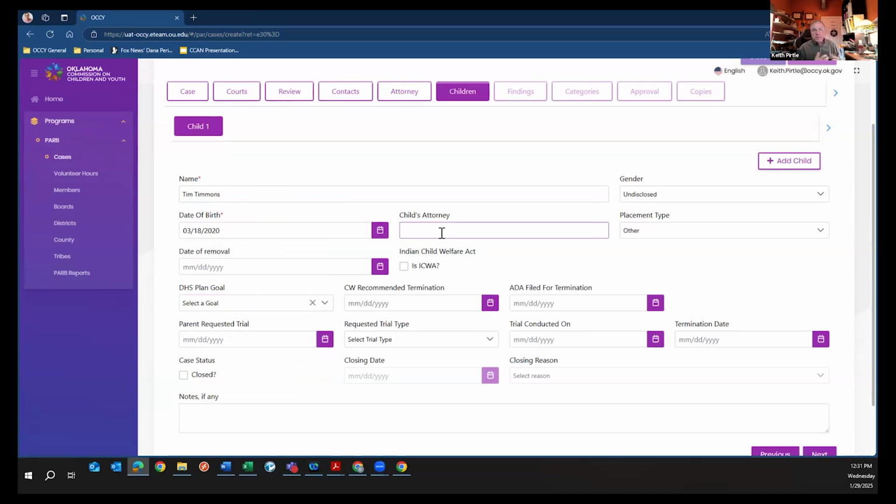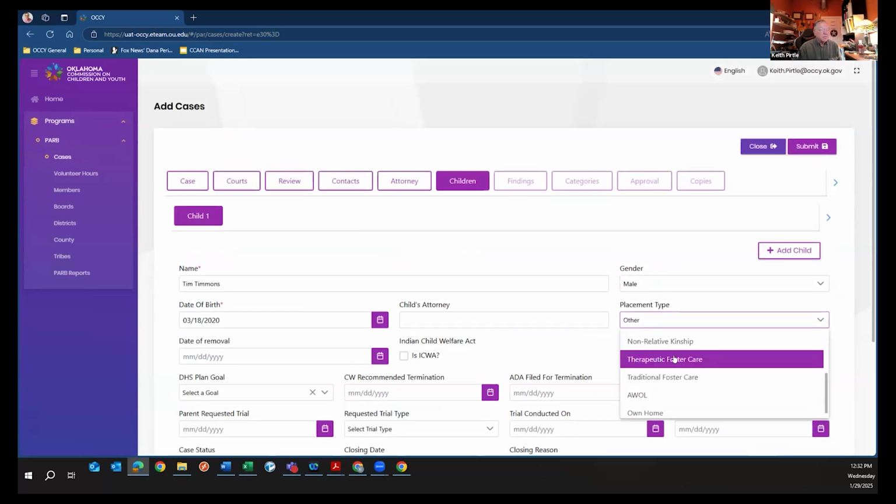Child's attorney, that's not a required field, but again, if you want to make sure that the kid's attorney, if it's a separate attorney, gets the recommendation, then you probably want to put that in there, or if you'll be contacting them. Gender's not a required field, though we do reports on gender, so it's really nice to have. I would put that in there as we really want to have it, but we're not going to make you do it. I've had cases, I'm sure you have too, with very unique names where you're having a hard time figuring out if it's a boy or a girl. We don't want you to not be able to finish your recommendation because you can't figure out if it's a boy or a girl. Same with placement type.